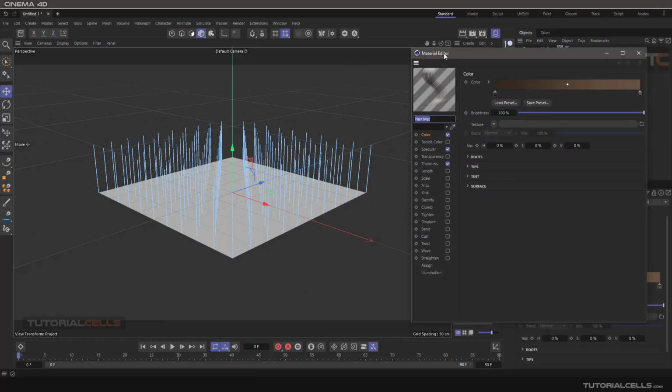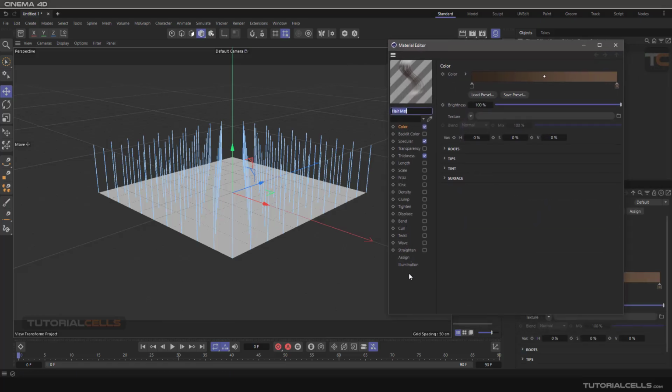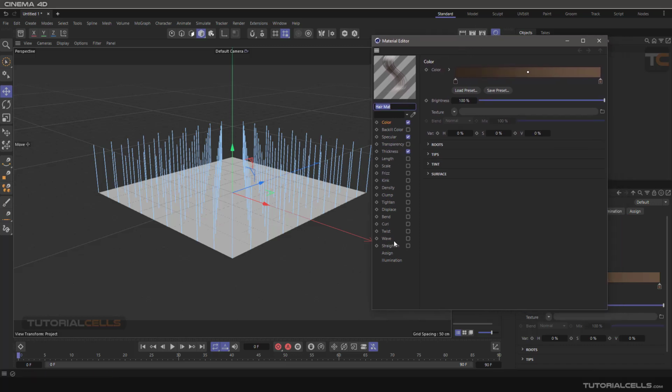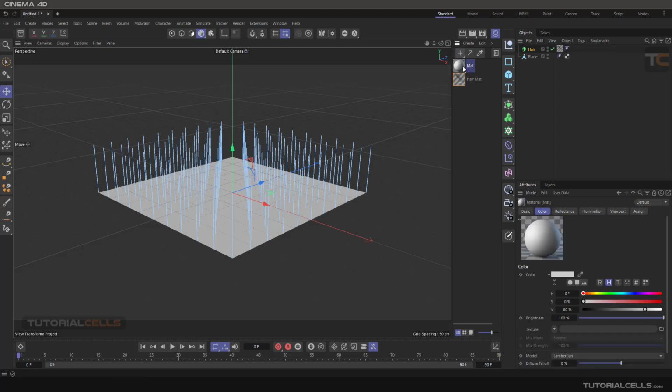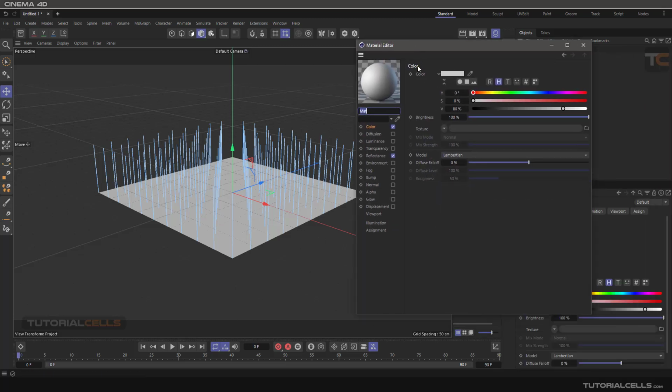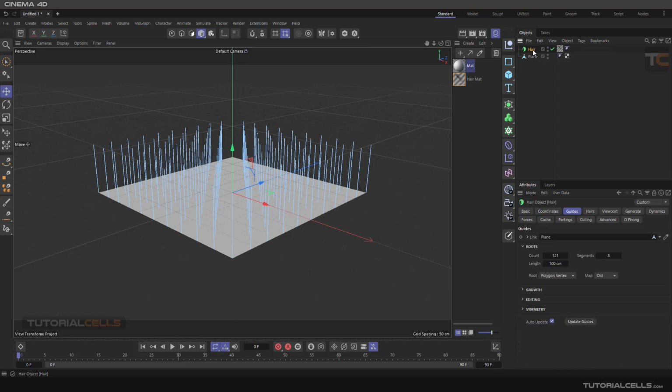After finishing the hair material, you can see I explained all of these settings before. And if you want to, you can see there are different materials. Our hair material is different from a standard material. But if you convert your hair, for example, going to the generate